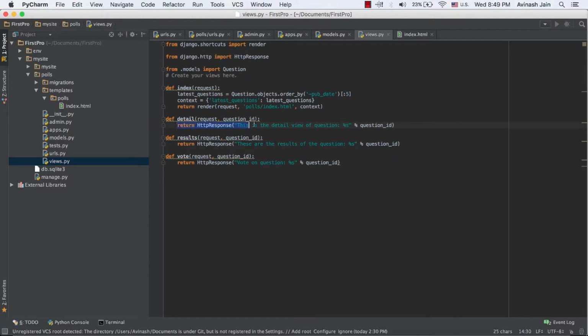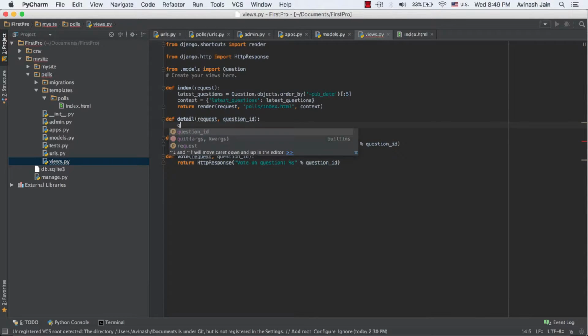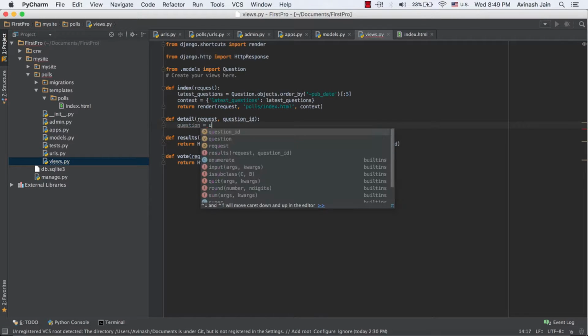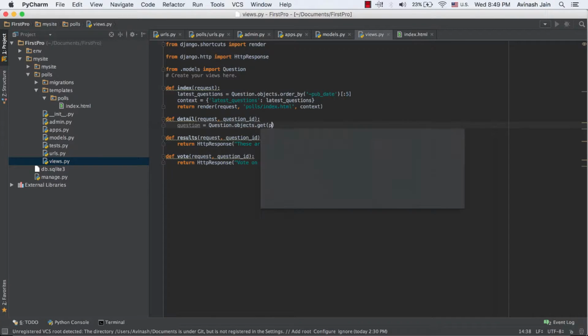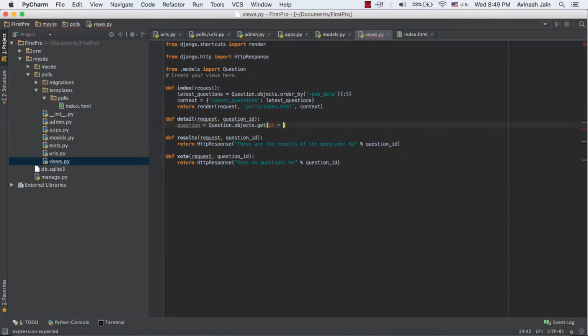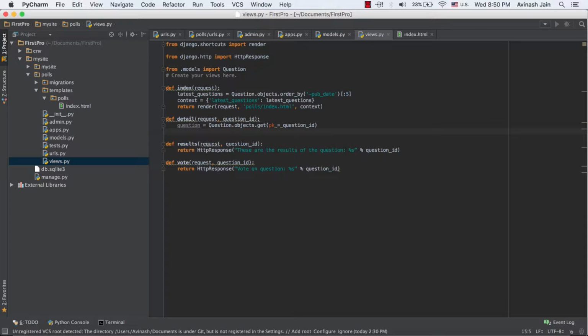Head over to your detail function in your views.py file, delete the return HttpResponse, and go ahead and type question is equal to Question.objects.get, and then you want to pass in a pk. So pk basically is the ID, and that is equal to question_id. So question is equal to Question.objects.get, pk is equal to question_id, and now we either create the context variable